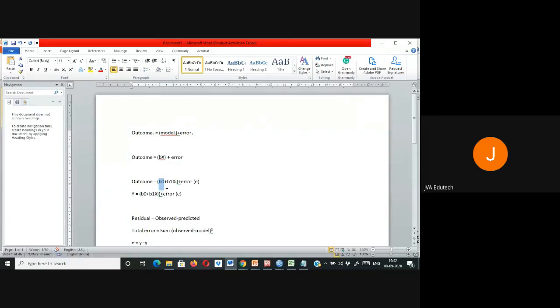In regression, you write y. I am just saying it as b0. Nothing, only the slope. Why am I saying this? Because only a plus bx is applicable to your regression equation. In any case, if x becomes 0, then to explain the entire outcome, you have to bring in this b0.